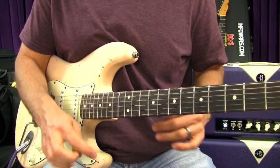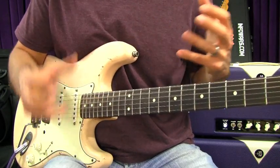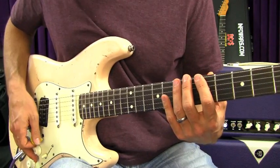Anyways, really try to find out how to play off that kick drum and snare and get into what's called the pocket. And that's when music really starts to feel good. So anyways, here we go. So we're going to do...